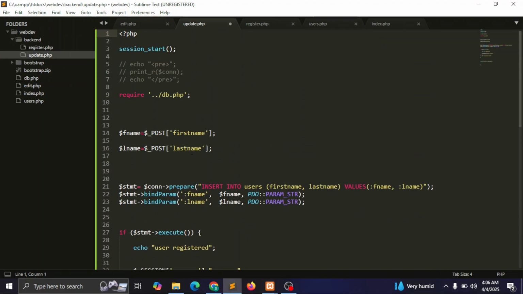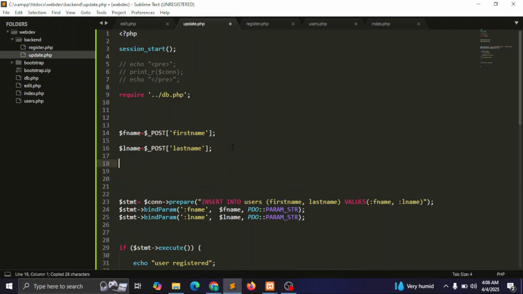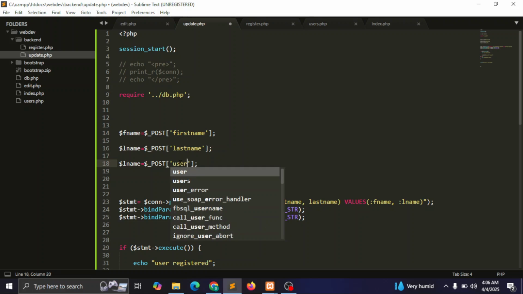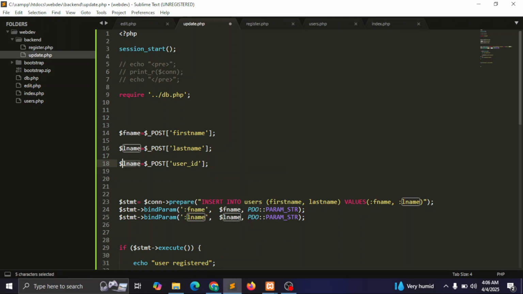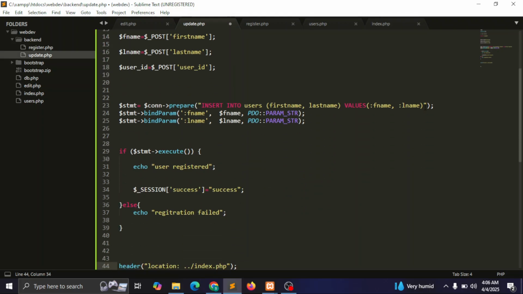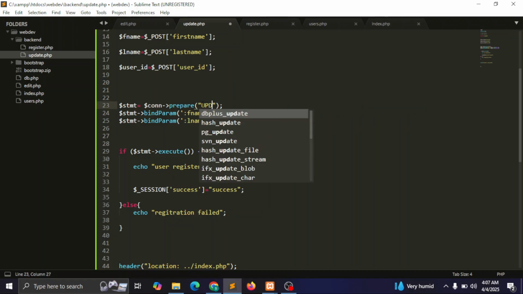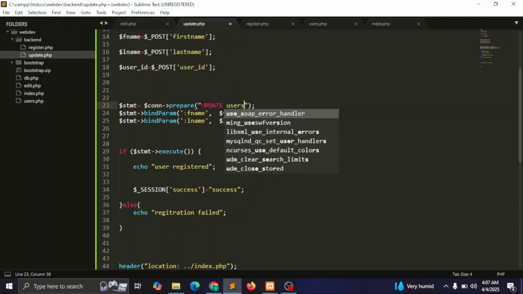All right, so we already have our fname and lname. We just need to add one more thing here, which is the user ID. So we'll copy this and say user ID, user underscore ID. Same thing here, user ID. Okay, and we're going to change our SQL statement. We're just going to take this out and write an update statement inside the code. We're going to say update users